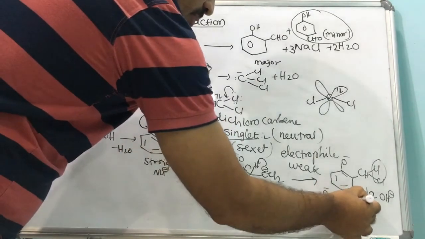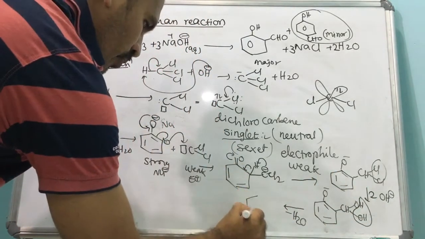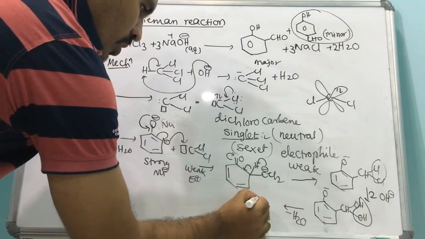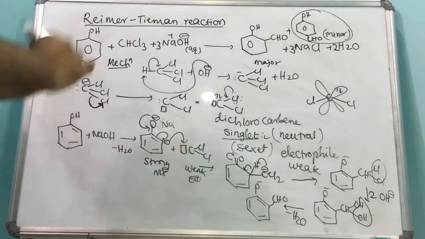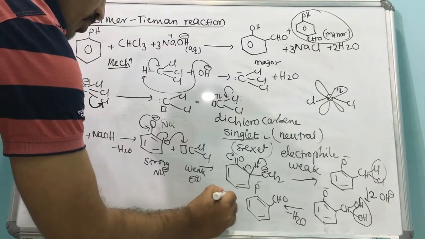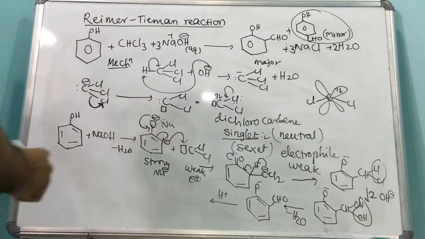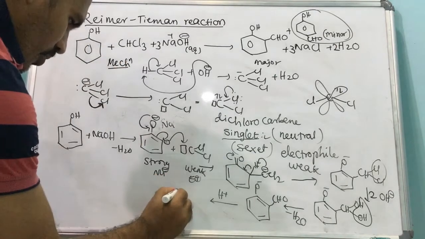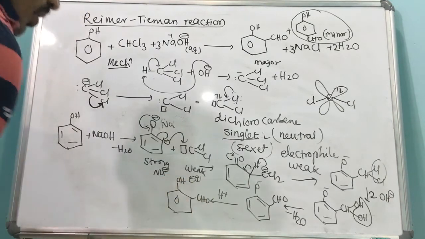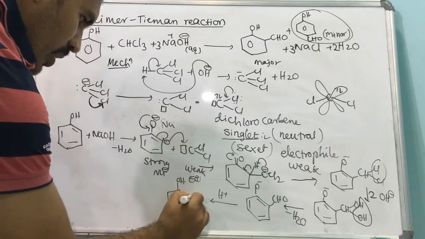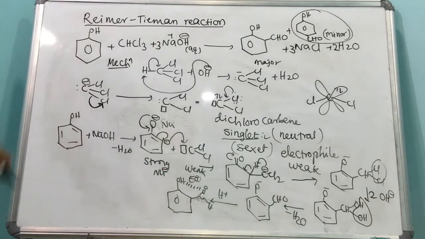But more than one hydroxy group on the same carbon is unstable. That's why a water molecule is eliminated. Then we will get O minus and CHO. Now in the last step we can add some amount of acid to stop the further reaction. Therefore we will get OH and CHO, and if I write it completely, this is C double bond O, and this hydrogen and this O-H are hydrogen bonded, more stabilized.